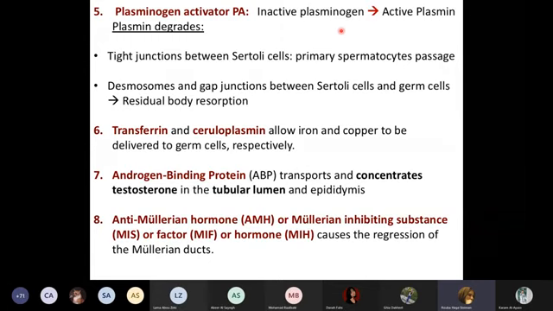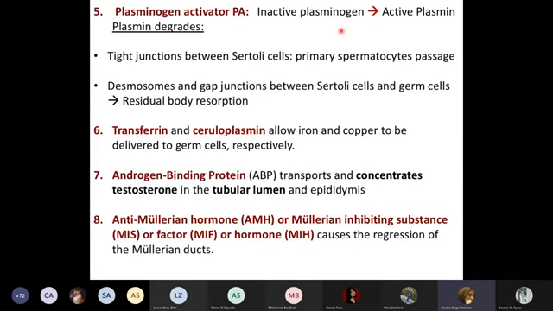And this plasmin, which is a protease, is very important because it's the one that will be degrading the inter-Sertoli tight junctions. So the tight junctions that are present between the Sertoli cells will be degraded,